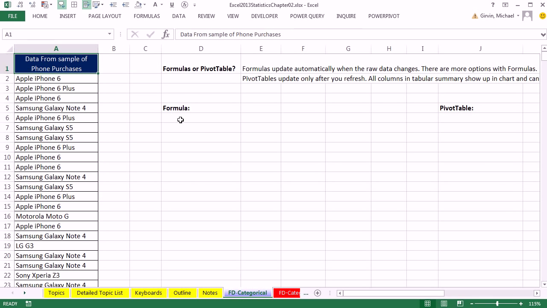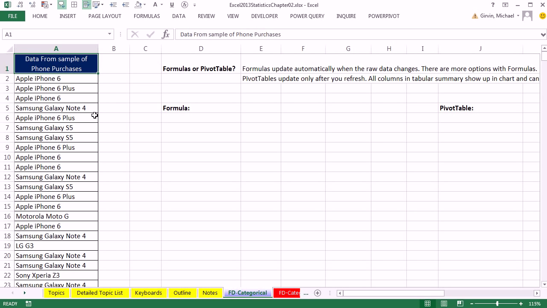All right, let's go back over here. We're going to see how to use either a formula or a pivot table. The reason we're going to do both, even though the textbook only does pivot tables, is because each one has its strengths and weaknesses. I have a little list here, but over on the notes when you print it out, there's a complete list of the differences between the two, and we'll talk about them as we create both.